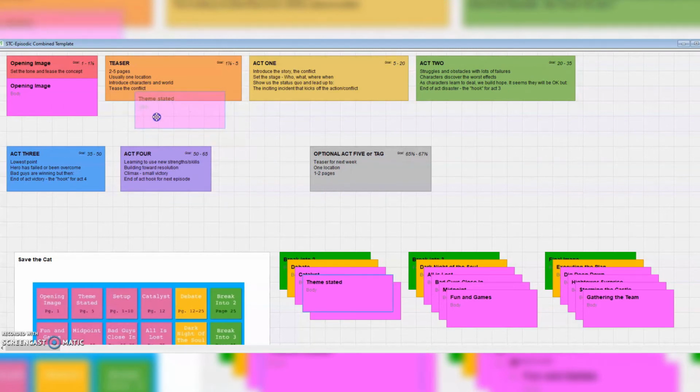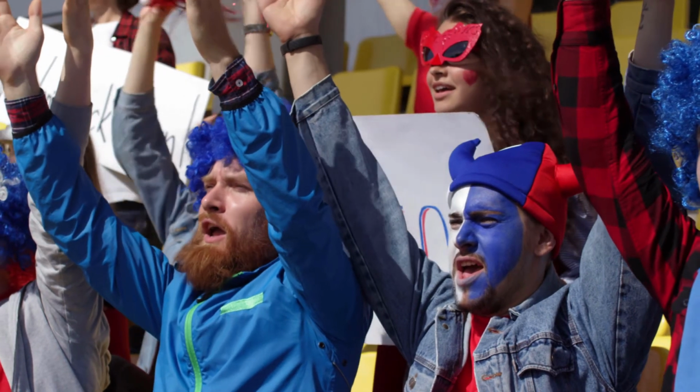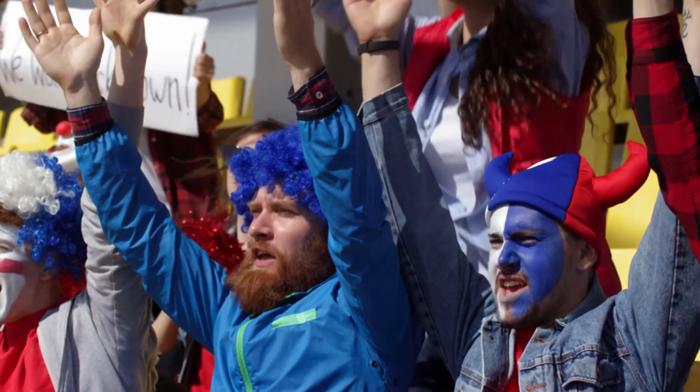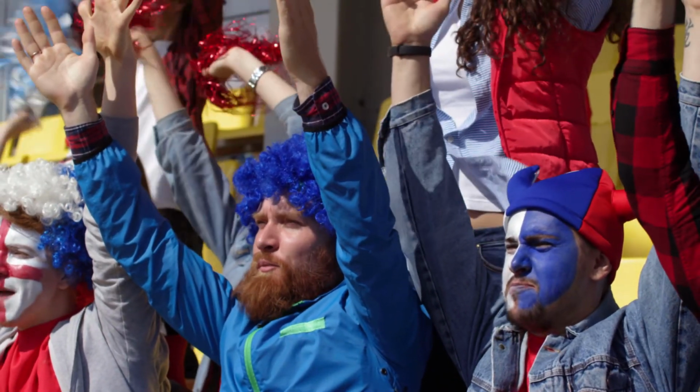So you can see what we're starting to do here is align Save the Cat structure to the episodic structure format. This is a really great tool for helping you transition from writing features to writing episodes or vice versa, and it's also great for those of you out there like me that are super structure fanatics and want to hit every single point possible no matter what format you're working in.